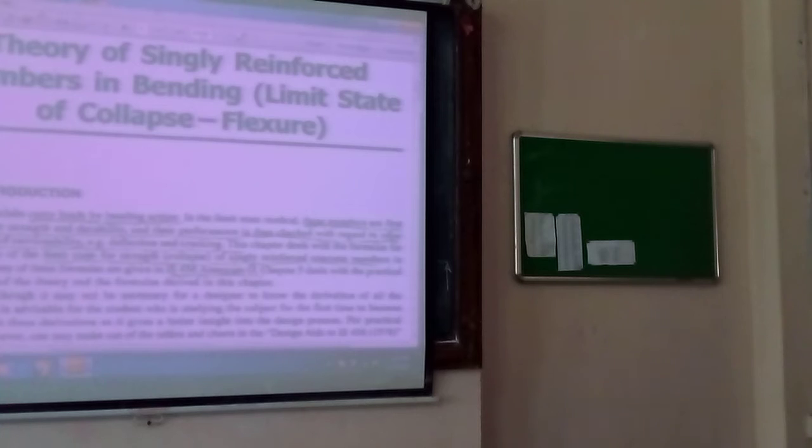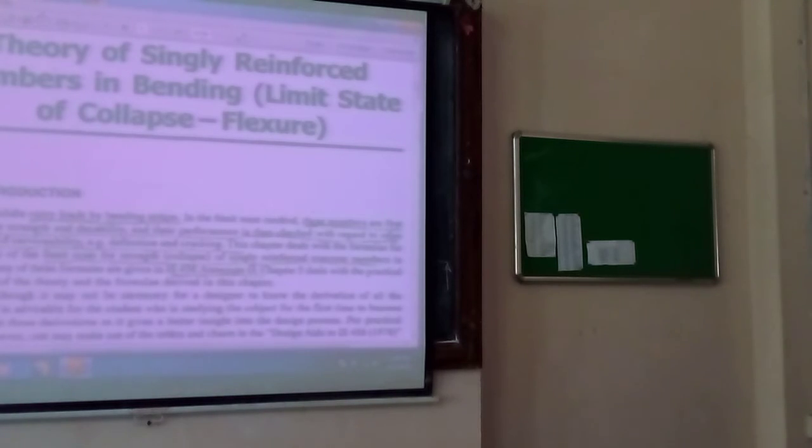In flexure, I am going to deal with beams and slabs. Beams and slabs are flexural members in our concrete structures. The beam is a flexural member, transversely loaded. A slab is also transversely loaded. They are called flexural members. When I design a slab, I am going to consider it as a 1 meter wide strip beam. Beam with actual dimension. Okay, let us see how to go about it.